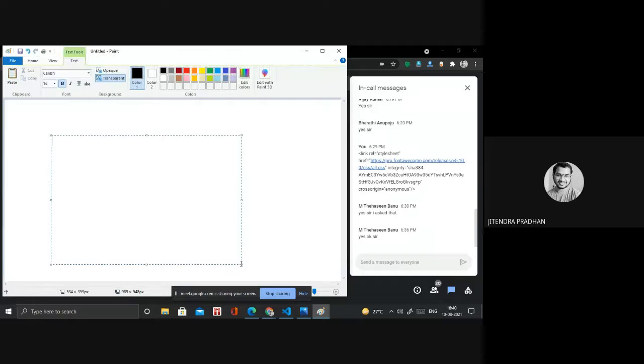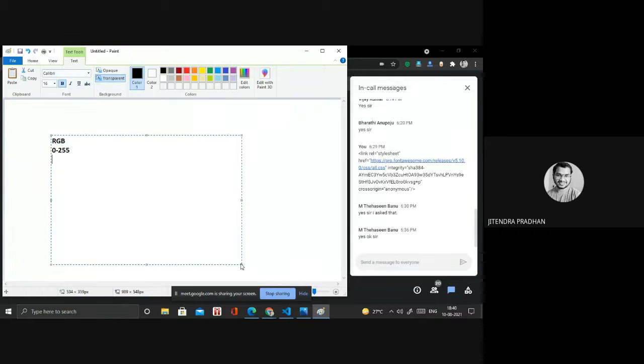What is RGB? It's red, green, blue. And what are the values we are iterating inside that? We are taking three values: red, green, and blue value. It's starting from 0 to 255.